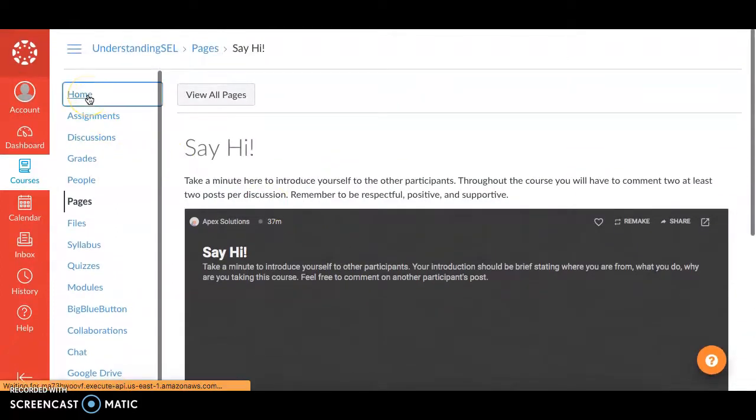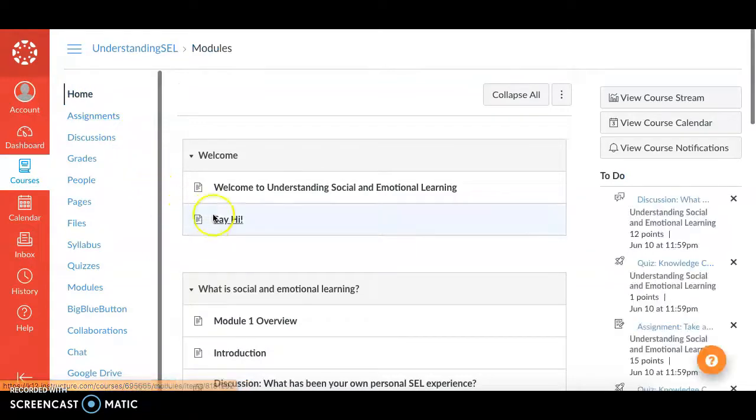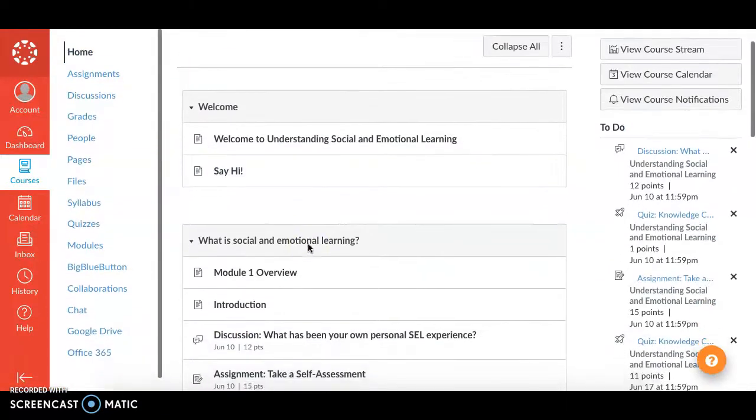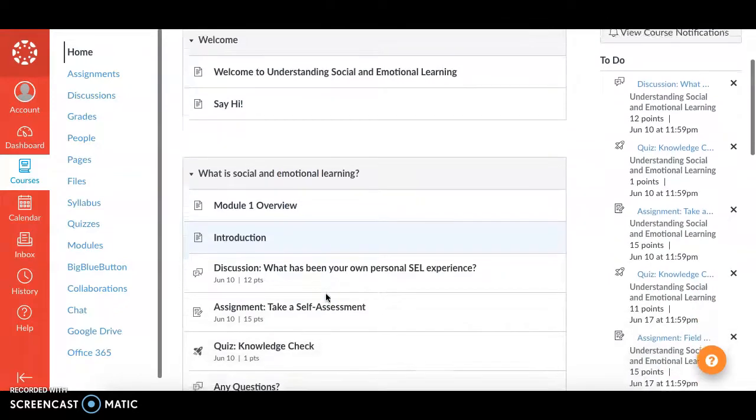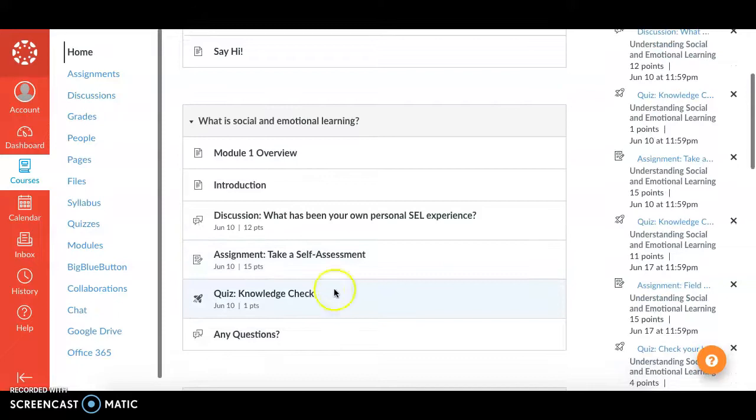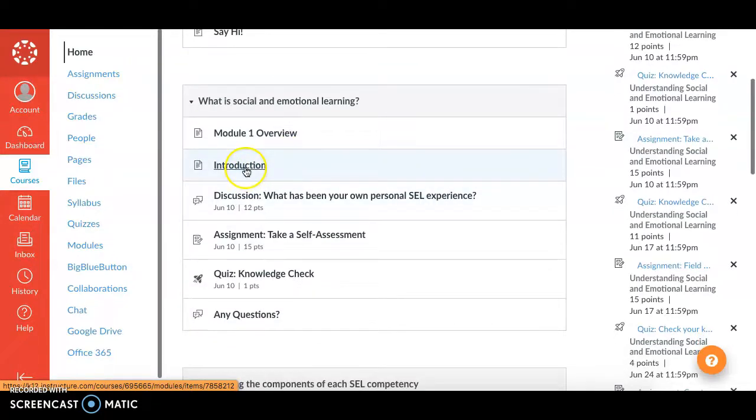But we're going to jump quickly back here to the home page, and students can go straight from the Say Hi tab to the actual first lesson. And each lesson here, or module, has a similar format in terms of that there's a quick little video that informs the participants of what's to come. In this case, for the first module, we have an introduction of what is social emotional learning. And on this page, for example,